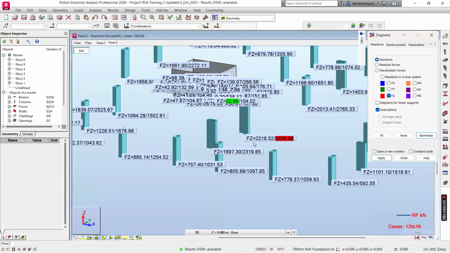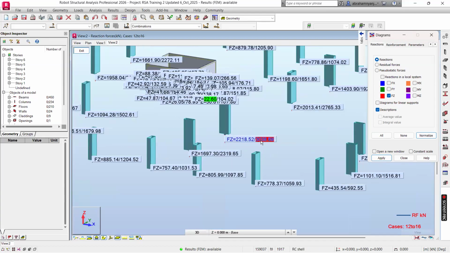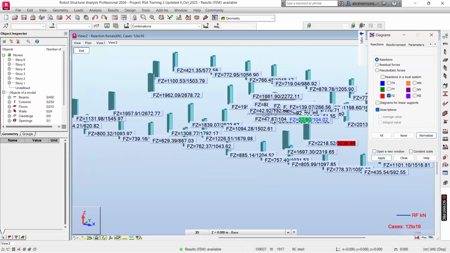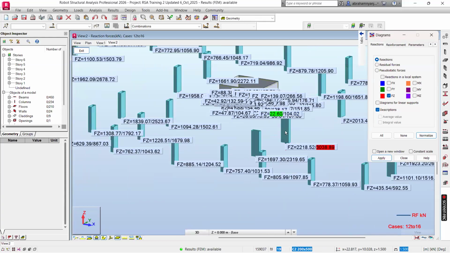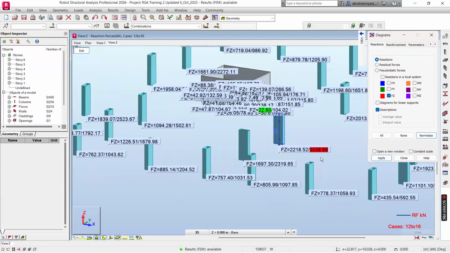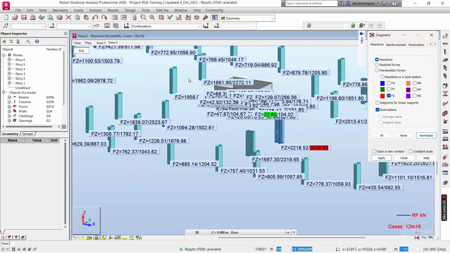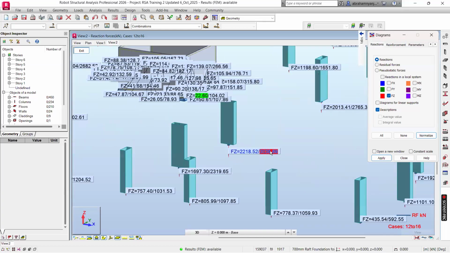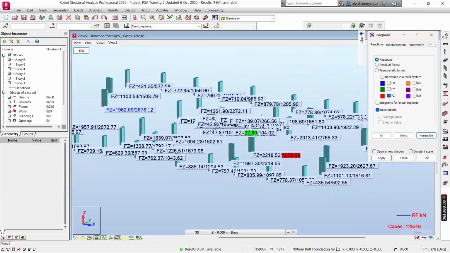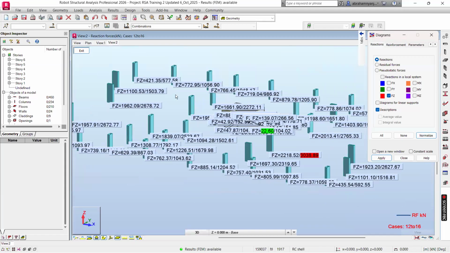As you can see, the one that has the maximum, the minimum is somewhere else, along the wall. There is a node along the wall that has the minimum. So this is the FZ. Among all columns, this column has the maximum FZ of 30,000 something. When you check others, they are in 10,000, and as Engineer Gatimo mentioned,